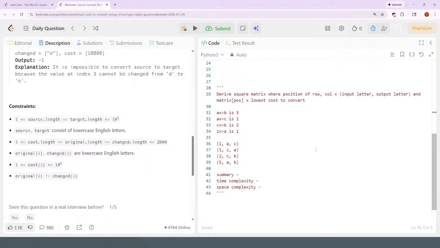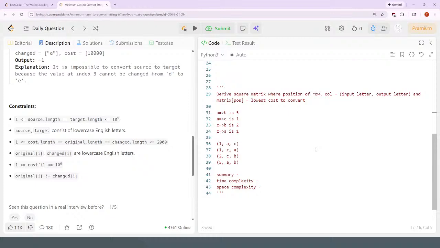Put on the stack A. Let's say A goes to B, A goes to C. And then I put on the stack B,